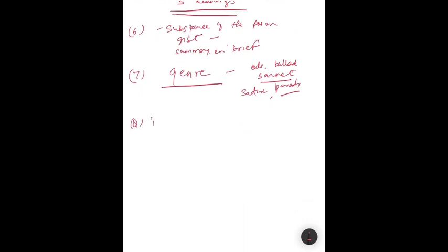Then after that, what you are going to do is interpret certain lines. Those lines which are conveying some meaning, because the message is very important. So you just take a few lines and interpret them. Those lines which are trying to give some message to the poem. And related to this is the inner meaning, the hidden meaning.